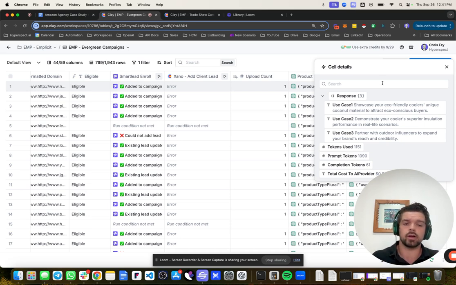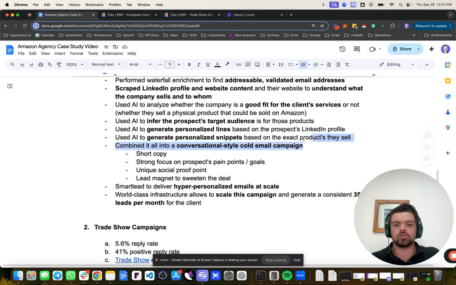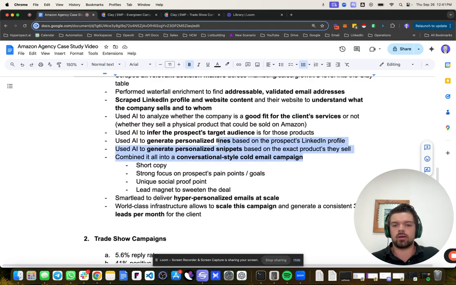And so we use that very effectively here, saying, hey, we can showcase your eco-friendly coolers to attract eco-conscious buyers. We can demonstrate your cooler's superior insulation in real life scenarios. These are all marketing ideas or campaigns or specific use cases that our client can provide their service and generate results for this prospect. So once we generate all that data and all of those personalizations, we're going to combine